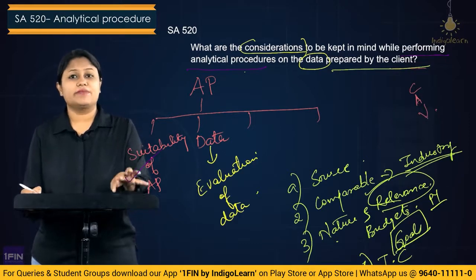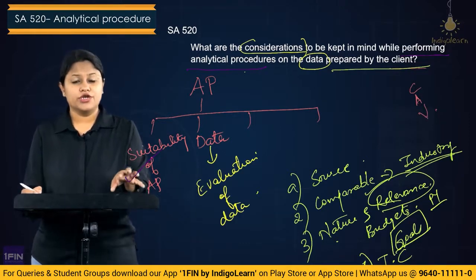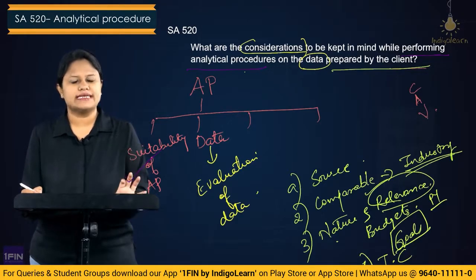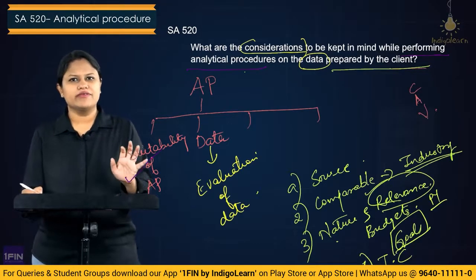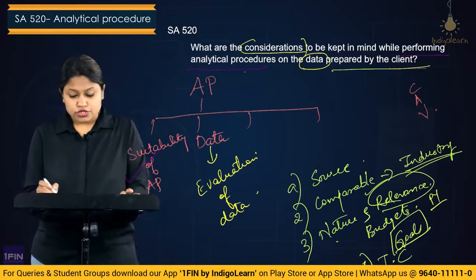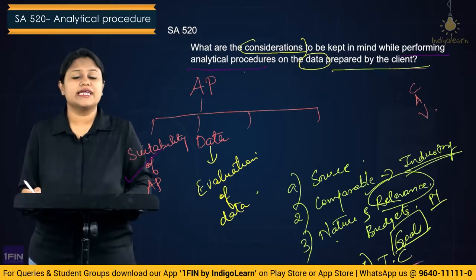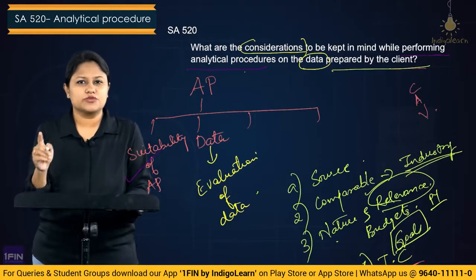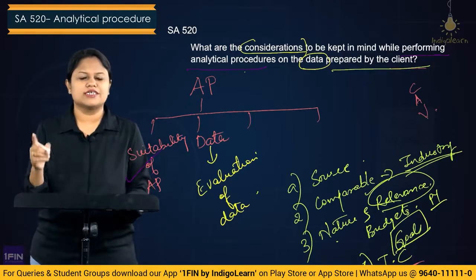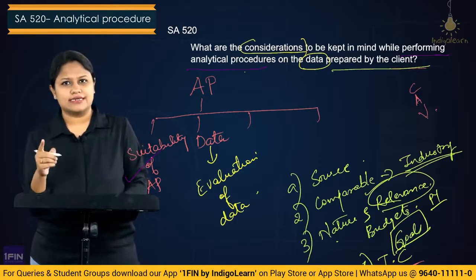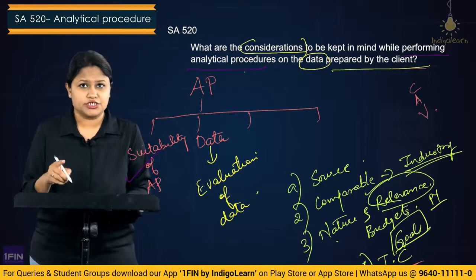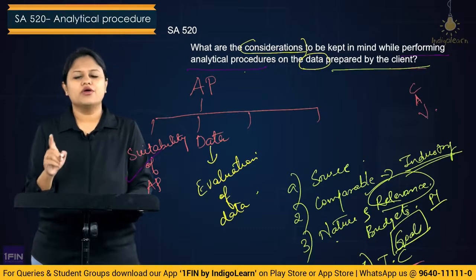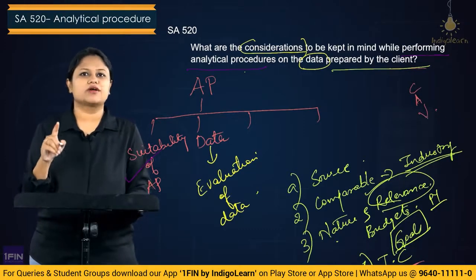For example, the data prepared should be properly reviewed, properly maintained, okay, properly reported, everything should be correctly done. Only then we are going to have faith on this particular data. So here we have to check the internal control over this particular data. The internal control has to be checked. That means you have to see who has the authorization, who has entered the data, who is responsible for verification, who is doing the counter checking. All of this, if you have ensured properly, only then you believe the controls over the data are good,